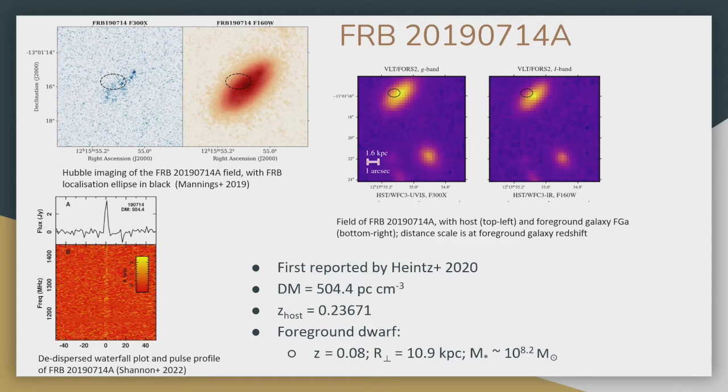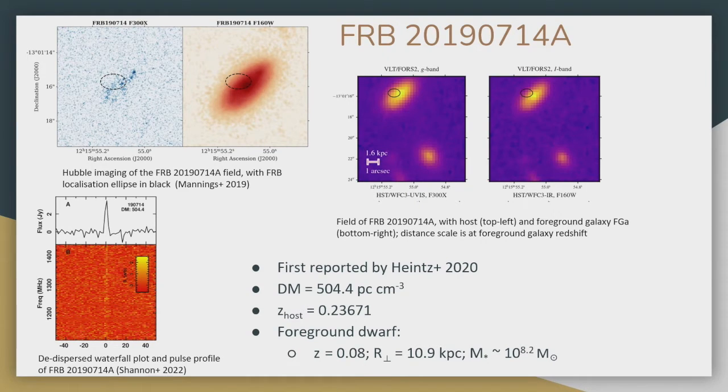All right. And that brings us to the one I'm interested in, which is FRB 1907-14, which is another CRAFT FRB with some previous work done on it already, as you can see here. So when we want to get a spectrum of this host with FORS2 on the Very Large Telescope, that's this galaxy here,